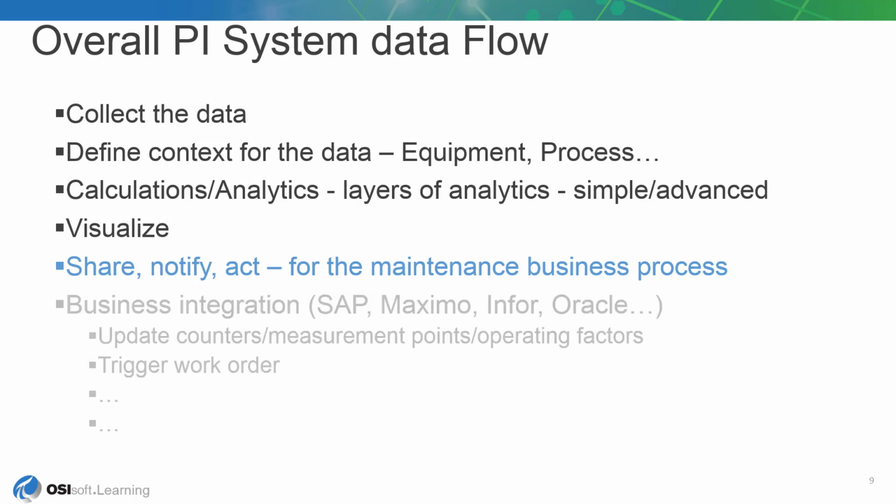The last item is business integration, and this comes up every time we talk about PI system and work management systems such as SAP PM, Maximo, and others. It is mentioned here for the sake of completeness, and even though it is not part of this lab, hence it is in grayed out font, but resources are available and we can take it up separately. The step-by-step content in the exercises will focus on the items in this rectangle.